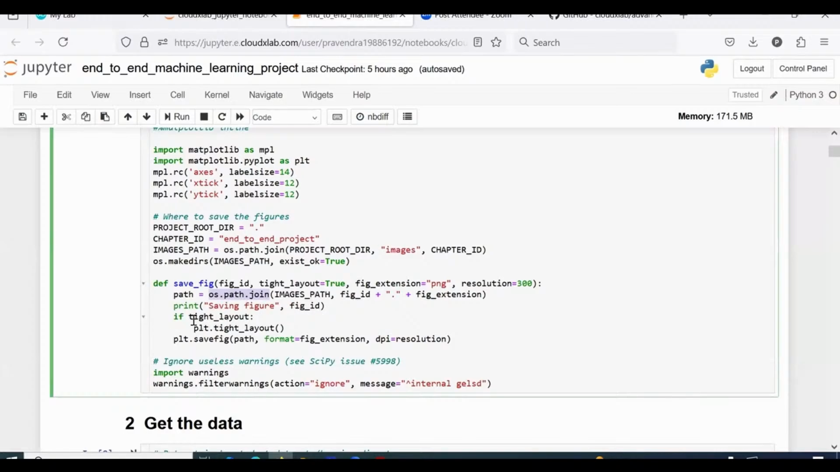And here I'm writing tight_layout. So this tight_layout is true. As you can see here, by default, this parameter is true. Tight_layout is equal to true, right? So when this tight_layout is true, this will ensure that the figure layout is adjusted to prevent overlapping